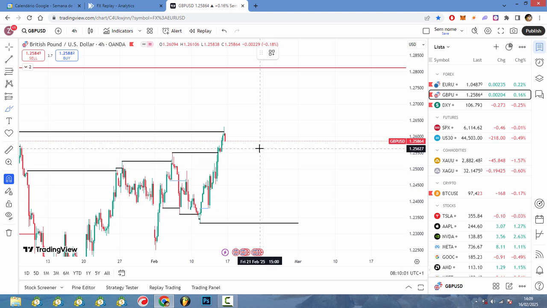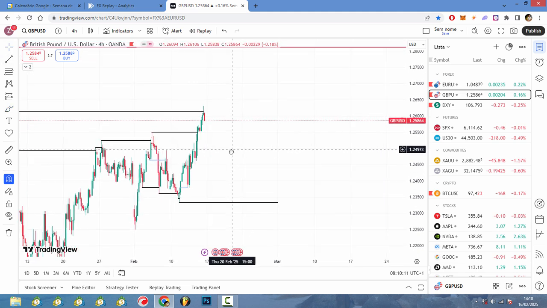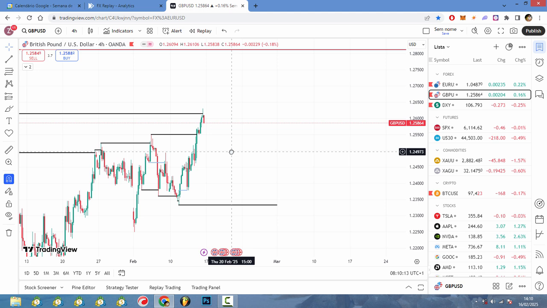So the way you do this, you either go for support and resistance, you either go for ICT, for SMC, trade liquidity in my case. It's whatever you like, really, and whatever you test and like the most.